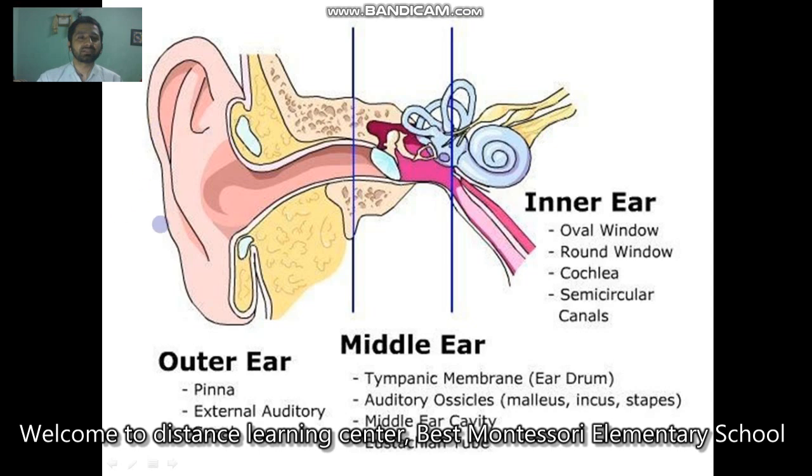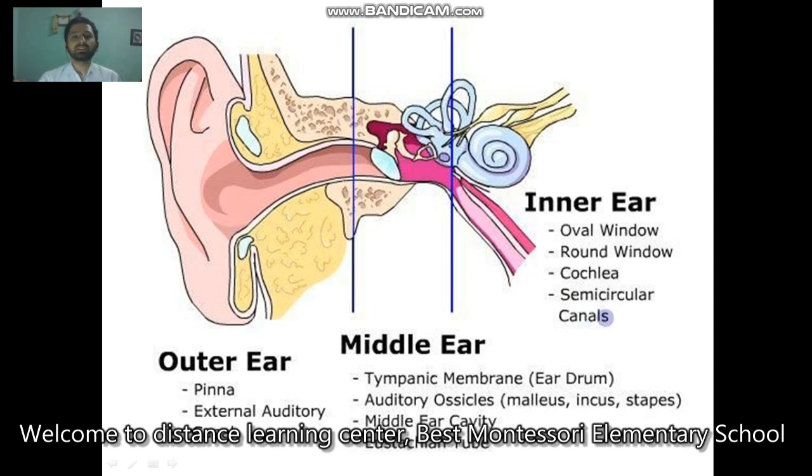The main parts of the external ear are the pinna, earlobe, and auditory canal. The middle ear has the tympanic membrane, also known as the eardrum, and three ear ossicles, three bones: malleus, incus, and stapes, a Eustachian tube, and the middle ear cavity. Following the middle ear, there is the internal ear that consists of the oval window, round window, cochlea, and semicircular canals.